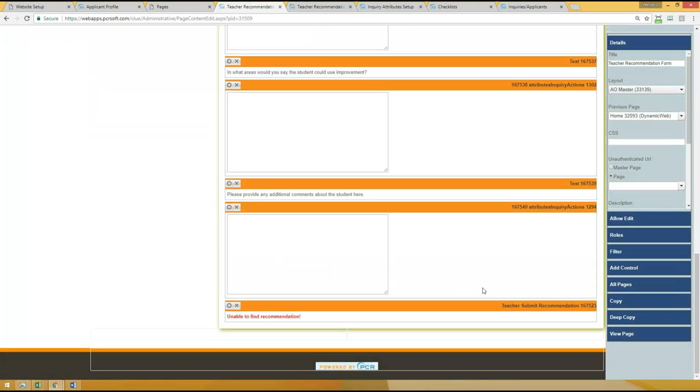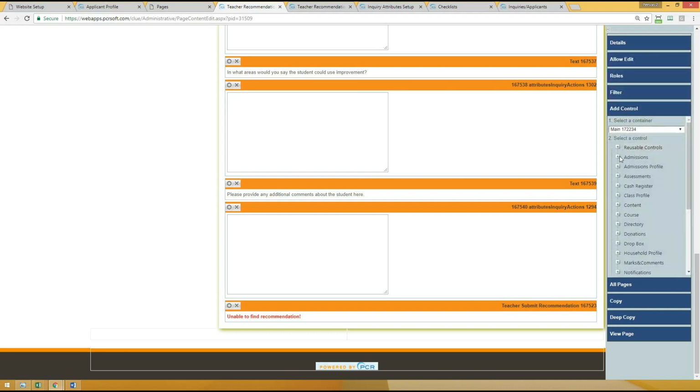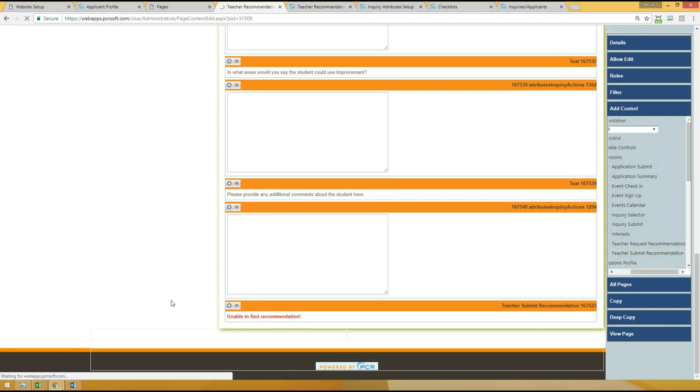and then the biggest difference between this page and all the other ones is this teacher submit recommendation control. And this control is found under admissions, and it's called teacher submit recommendation. So I just want to show you what properties it has. So if I open it up,